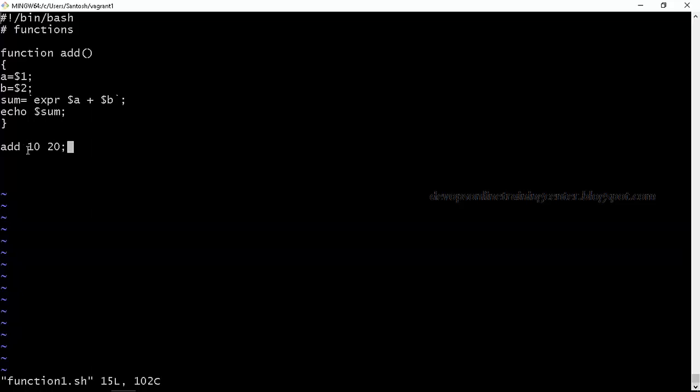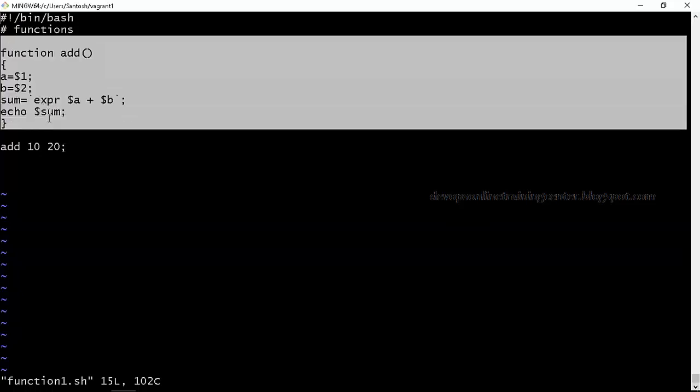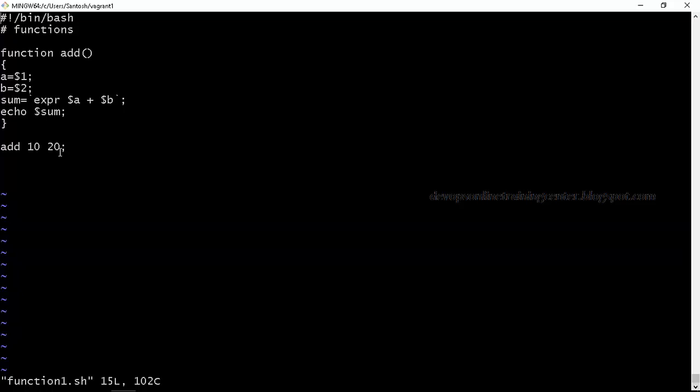So this is how we actually call a function when we want to have command line arguments, not within braces, but we have to just call the function and give the arguments. Add 10 comma 20. So this is also like command line. We can access these variables inside the shell script using the variables like $1 and $2. So here I'm calling with two values, add 10 comma 20, and I'm accessing them inside the script using $1 and $2. Then I'm creating sum. So here I have defined the function once and I can use it multiple times.